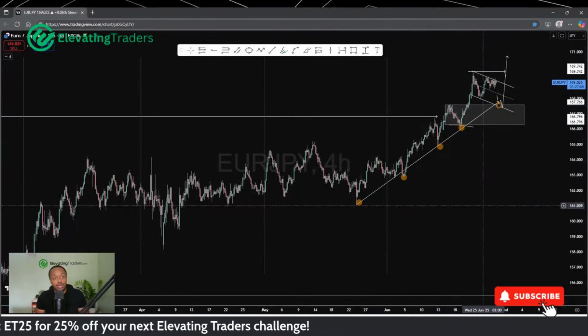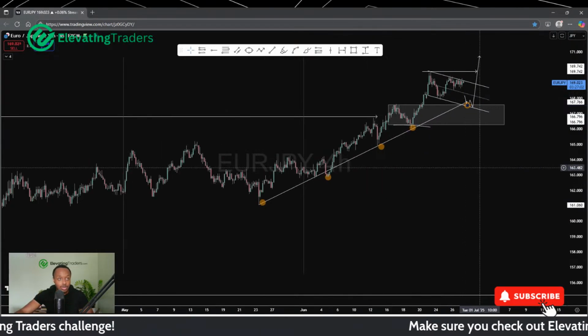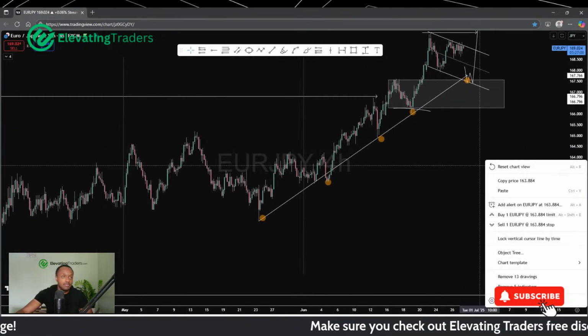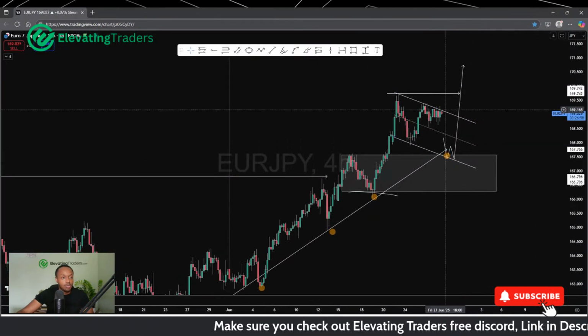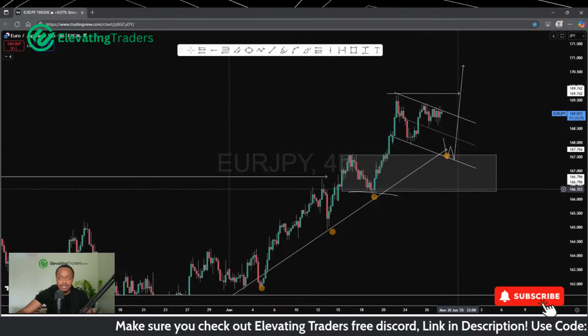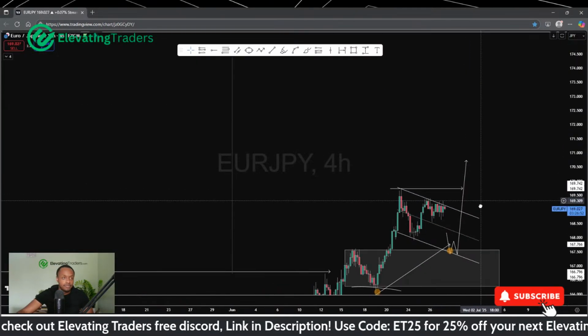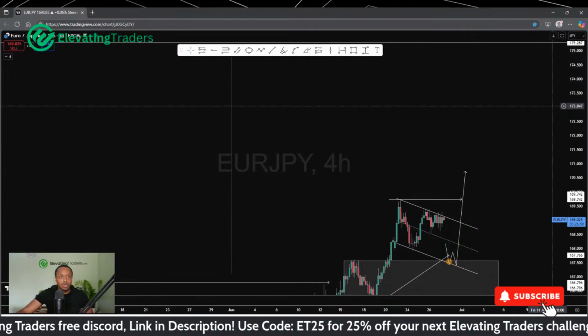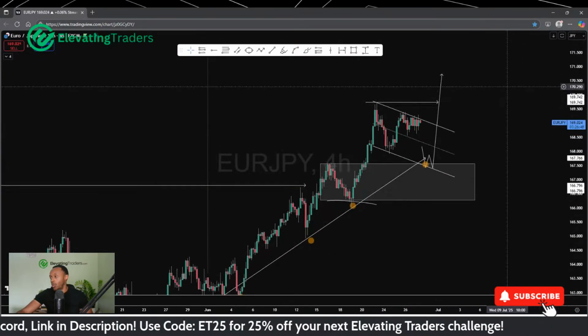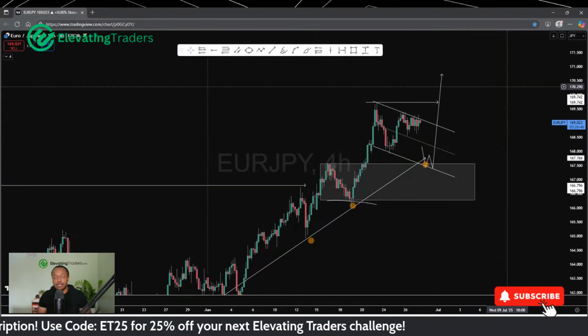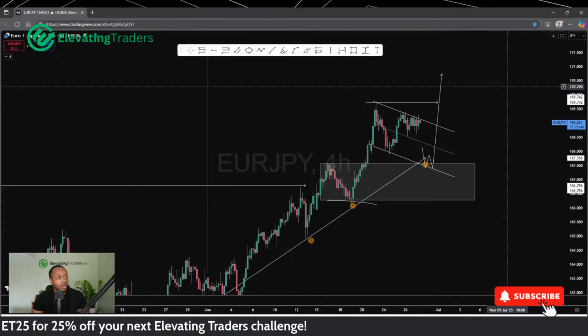So yeah, euro yen pretty bullish, still kind of stalling at the highs, which is a good sign if we're looking for entries. Of course, if you're already in the trade, then maybe not a good sign. But if price can push down, great. 167.5 is kind of where I'm looking. Targets back at 169.750. And the long-term targets, we could be looking at 175. So the way I see it, there's a lot more upside for euro yen.